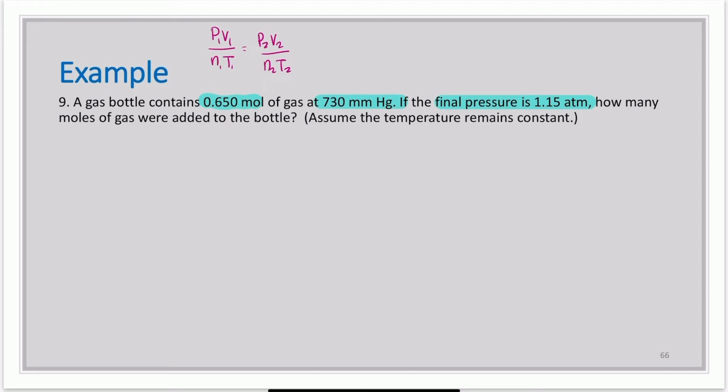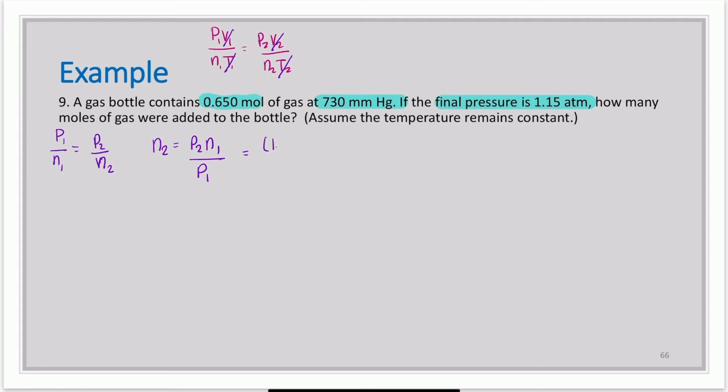Temperature stays constant, and it's all in one bottle, so my volume has to stay constant too. So I must have P1 over N1 equals P2 over N2. I'm solving for N2, so P2 times N1 over P1